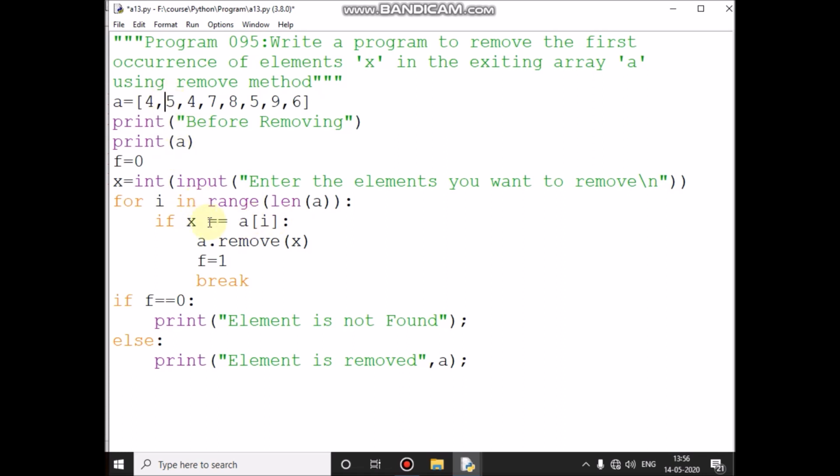the condition is again false, then control comes here and it will increment the I value, it becomes 2, 2 less than 8, condition is true, 55 equal to 4, condition is false, again control comes here and it will increment the I value, it will become 3, X value 55, A of third location value is 7, so condition is false, again control comes here, I value will increment to 4,